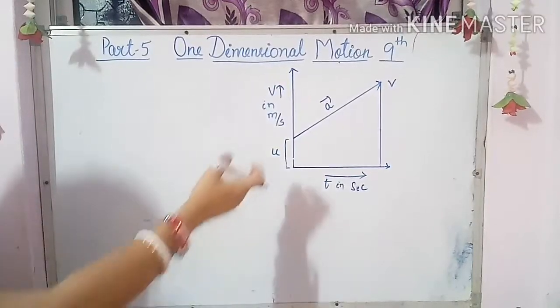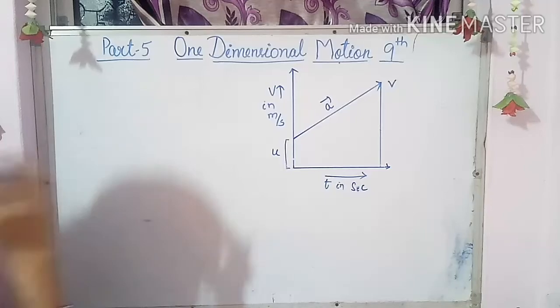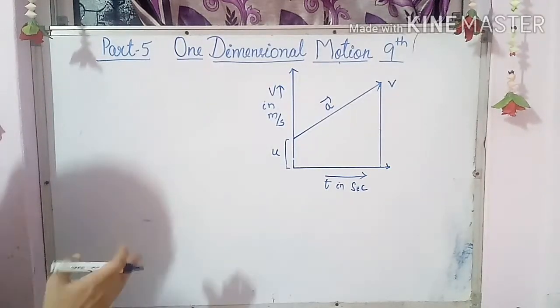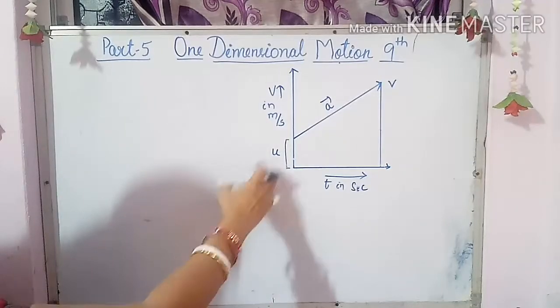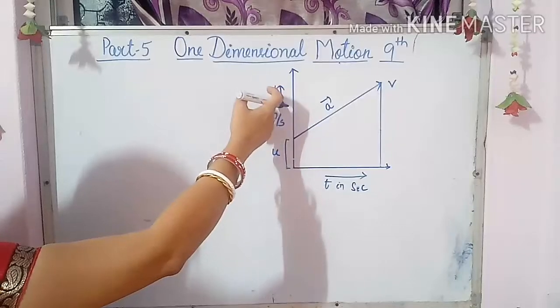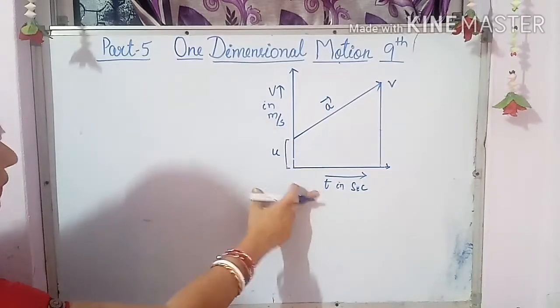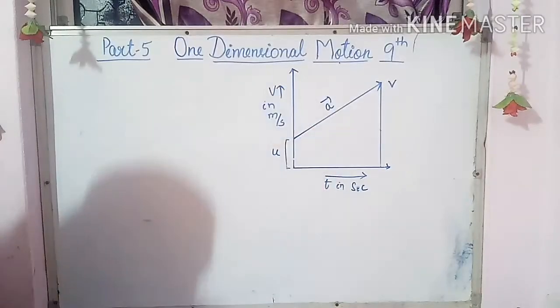Now children, you can see that I have drawn a graph. To understand the equations of motion, first you have to understand this graph. As I have told you in the previous videos about graphs, that is applicable here. See, as I have written here, velocity V is the symbol of the final velocity, and it is a graph of velocity versus time. As it is a graph of velocity versus time, you know that in a velocity-time graph acceleration is there.